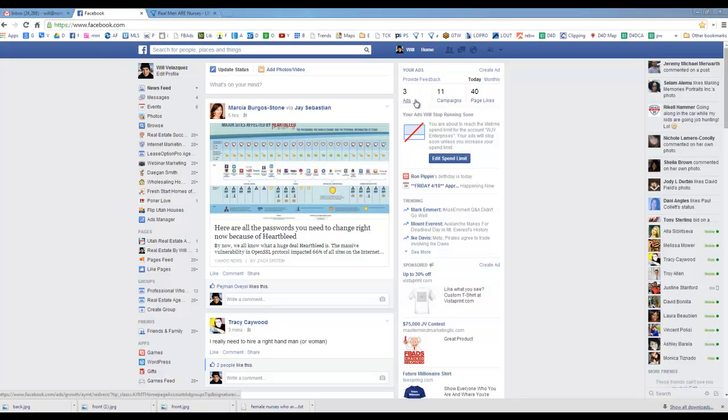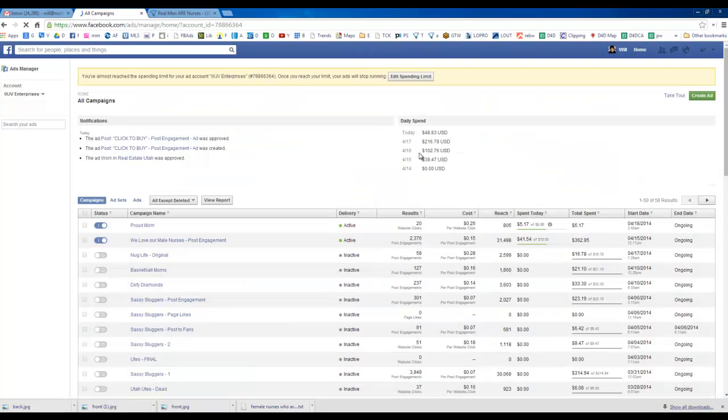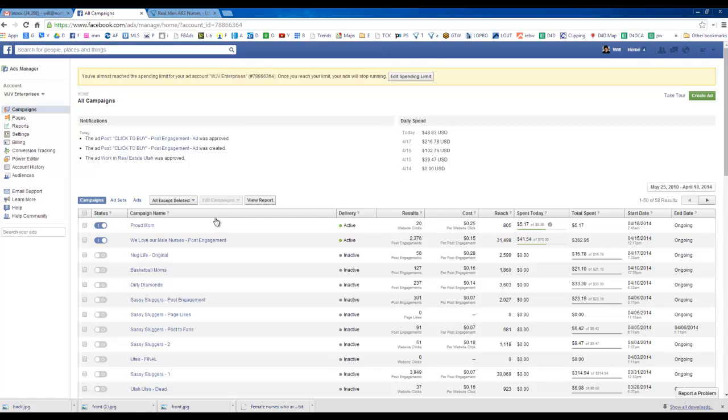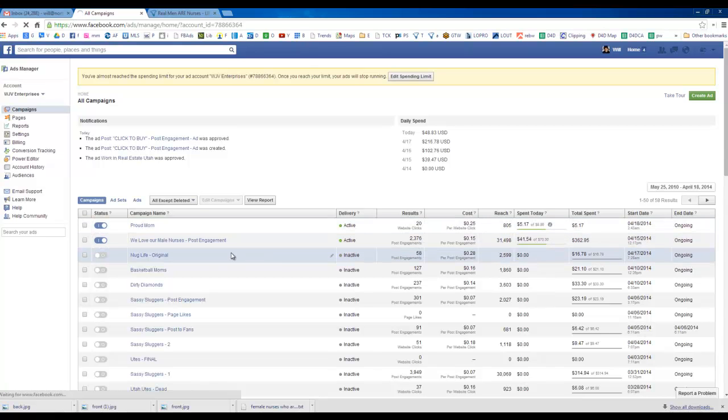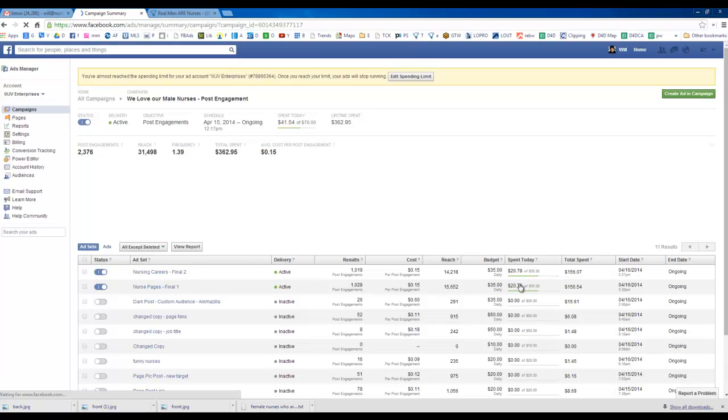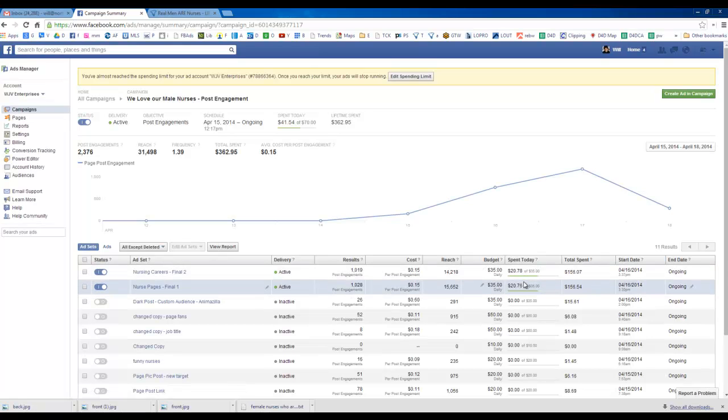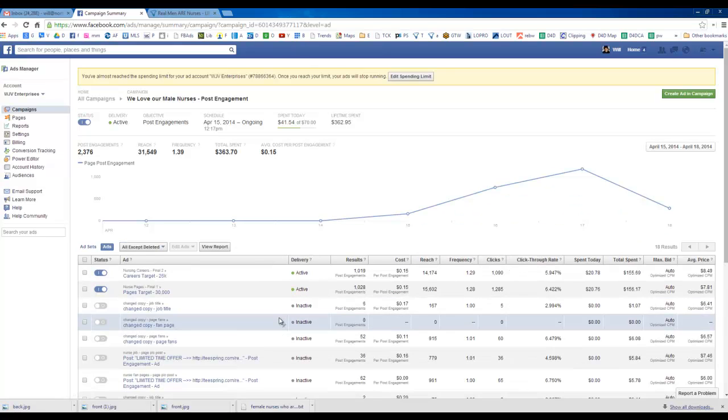Let's go to our ads and see how we're doing today. Basically, we should be more than half of the day, and as you can see here, right here, is ours. You can see we're at $41.54 into today's campaign. Now these budgets are only set at $35 per day, so let's take a look at each of these and see